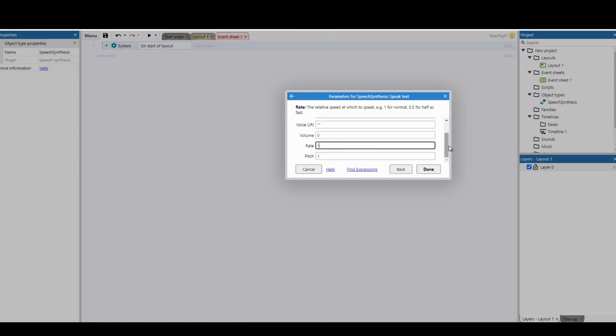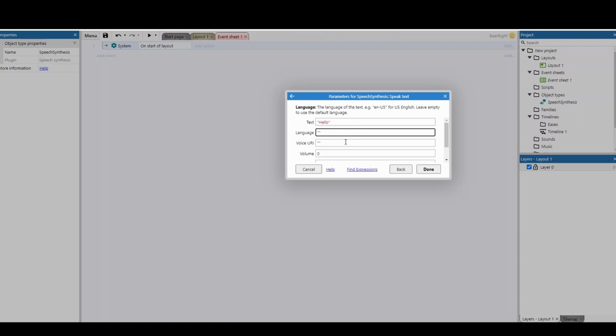Now, the 2 options that I've left out are left out for a reason, because they're a little bit more complex to use. We've got the language and we've got which voice we want to use. There's a range of different voices built into your web browsers that you're able to have access to. However, working out what languages and voices are available is really difficult because there's no documentation clearly stating what the options are. So the only way you can really find out is typing in speechsynthesizer.at, and